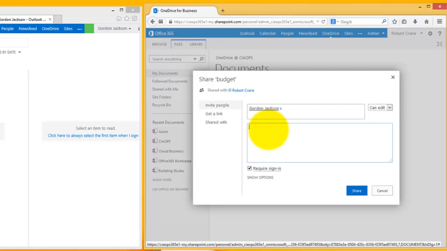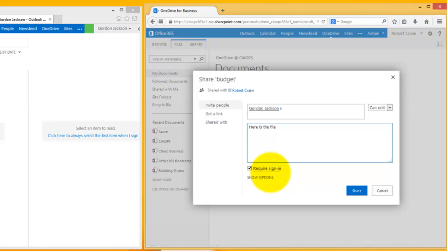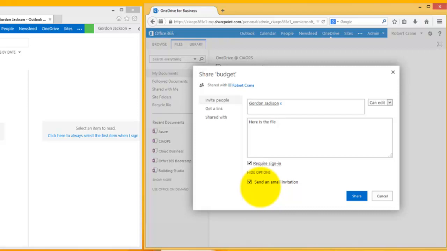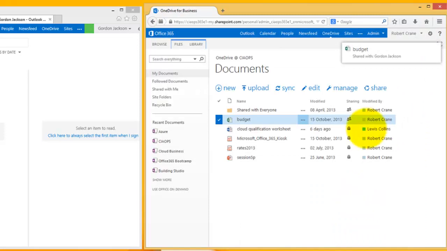I can add a personal message, and you'll see by default he is required to sign in. I can uncheck that if I want, and also by default he will be sent an email. So once I hit share, he will be sent an email. You'll see the indication that the sharing has been enabled up here in the top right in my OneDrive. Now all we need to do is wait until that email for sharing is received by Gordon Jackson